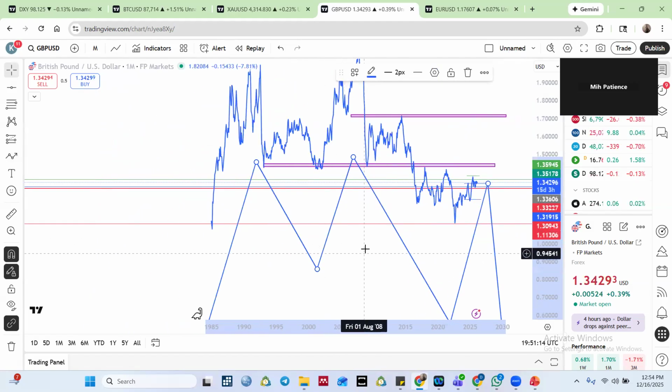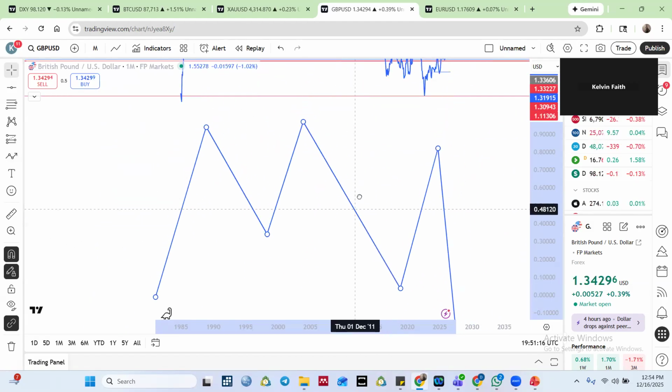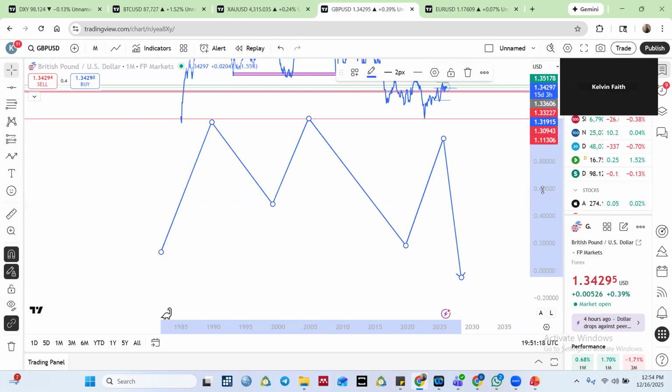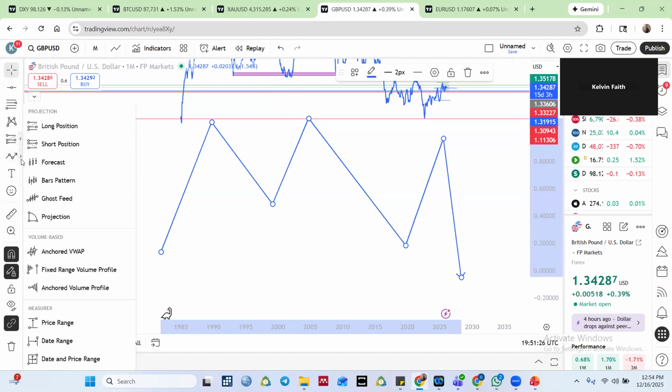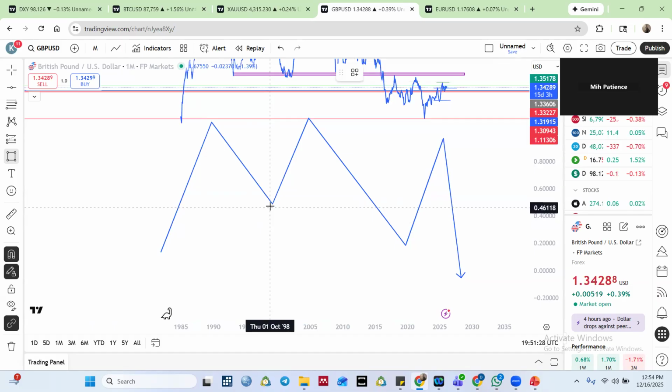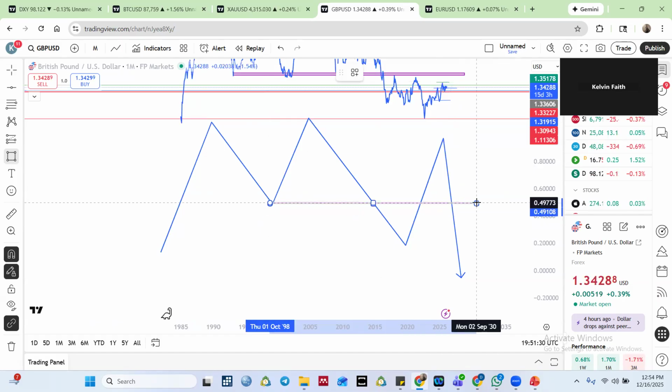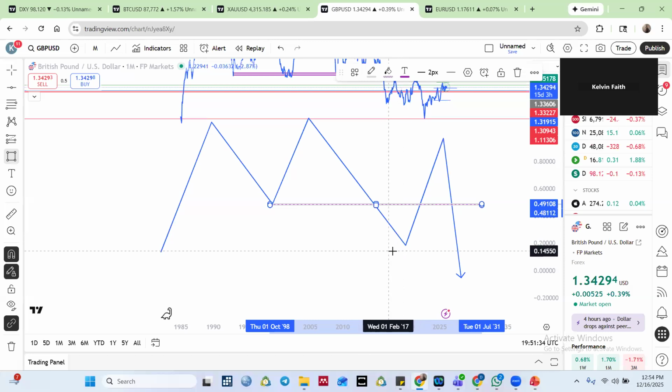Yes, sir. We are just looking at the structure to determine the trend. So we have a high, a lower high, a higher high. This last low point, this lower high, is taken out comfortably. Once it's taken out, we need price to go up, do a pullback, and then give opportunity for